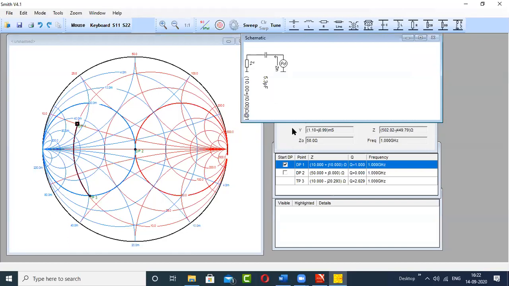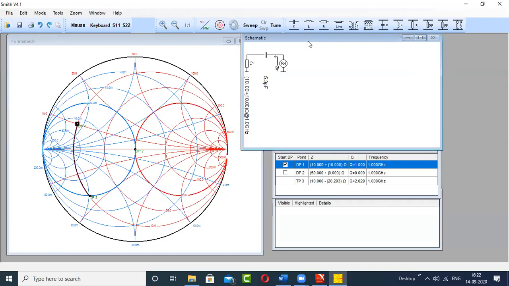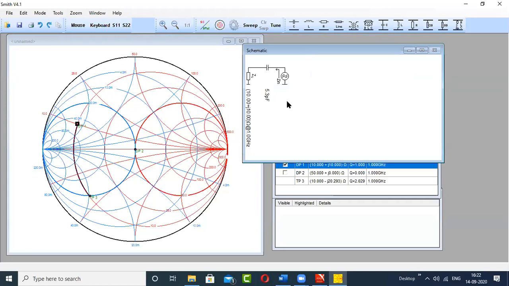If you have the solution for this, you can verify your answer for the second case. Same problem, but the second alternate solution. It is 5.3, sir. Exactly the same. Okay, fine. Now I will move on this conductance circle and we'll try to reach the center of the Smith chart.